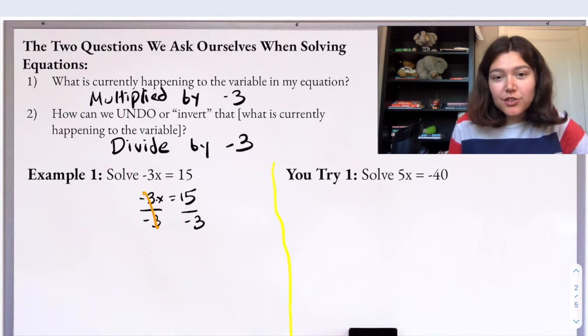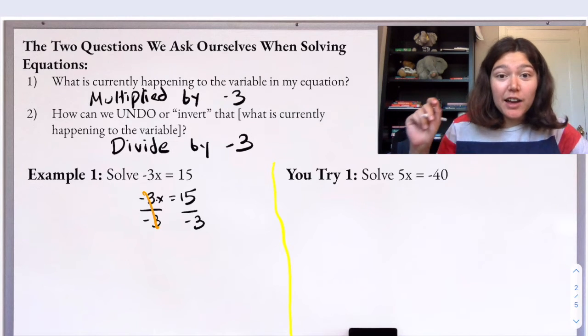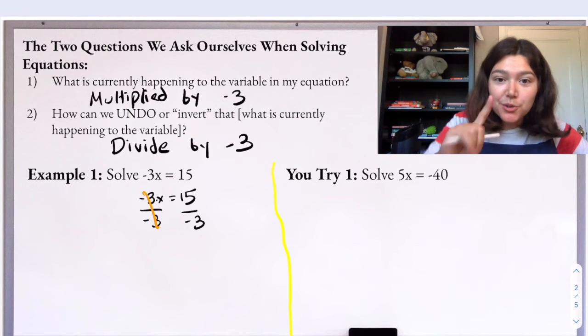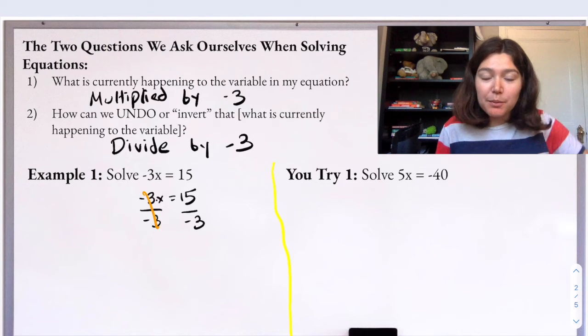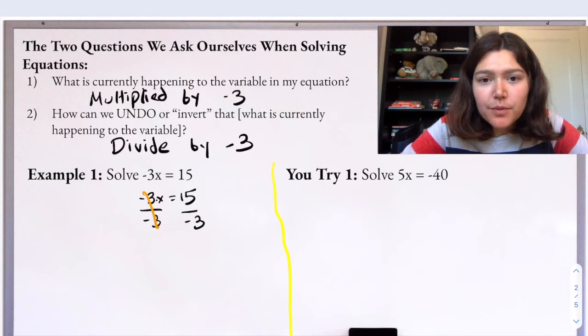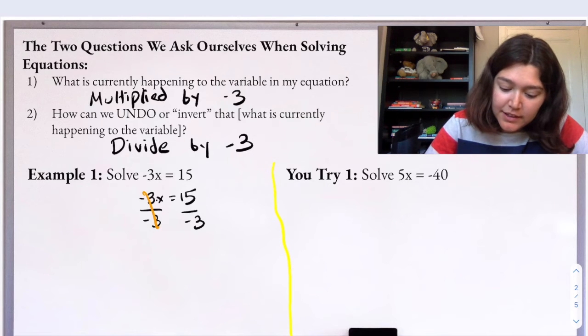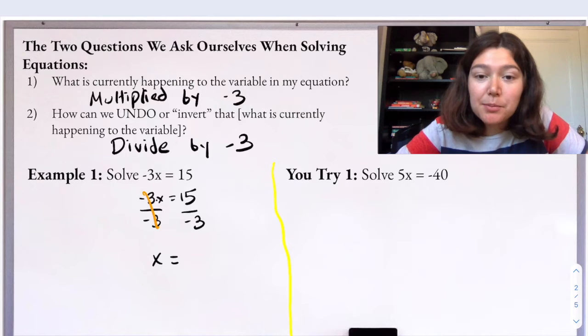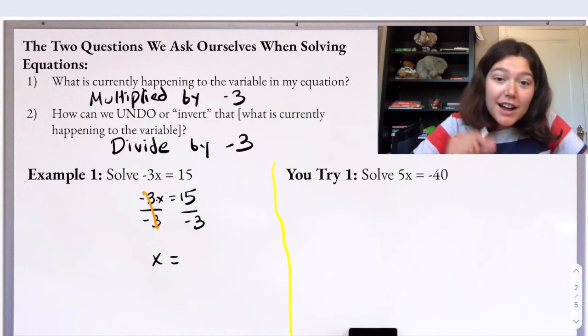Well, I have negative 3 divided by negative 3, and that's some number. Any number divided by itself is equal to 1, right? So then I get 1 times x. 1 times anything, including a variable, is just itself. So 1 times x is x. So that's why I can just write x on the left-hand side, because I've canceled away or undid the multiplying